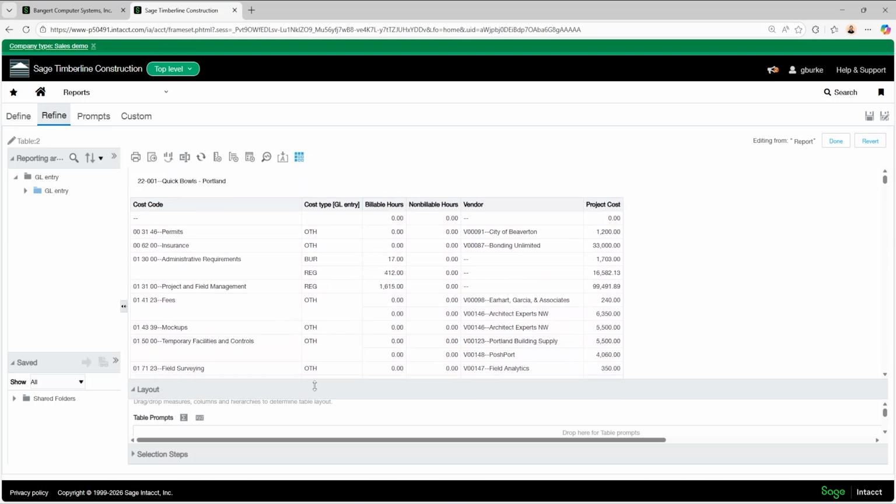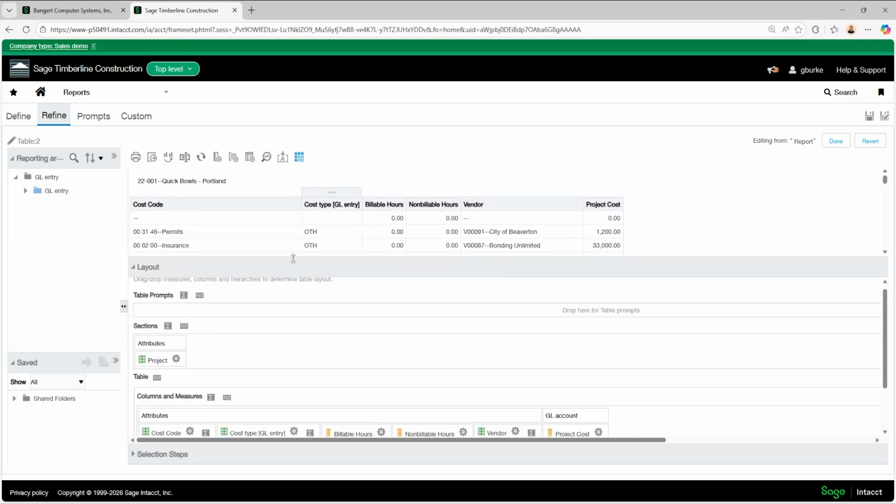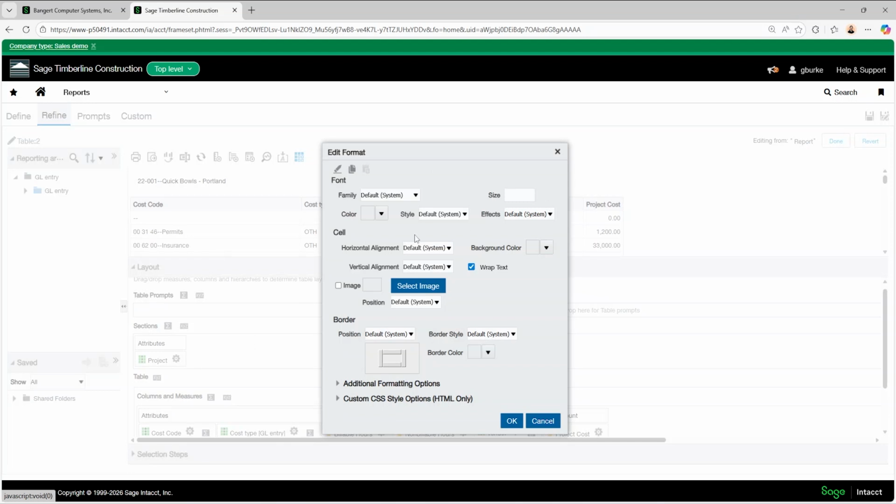So that's looking pretty good, but I want the projects to really stand out now. So here we can update the formatting of the values so that the project really stands out. So let me go ahead and make this 16 size font. And then I'll choose bold for the style.